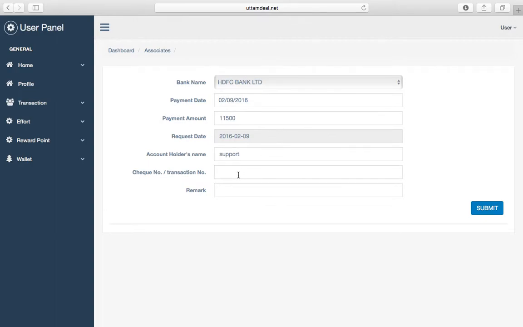The check number or the transaction number. This is very important. As we had talked earlier in the other video, you must have noted down the UTR number in case of NEFT, or you must have noted the IMPS unique transaction number, or otherwise, if you're making an ATM to ATM transfer, you will fill in your account number here. So I'm just filling some text data. Okay, and I'll make a remark of test data. I'm submitting this form.